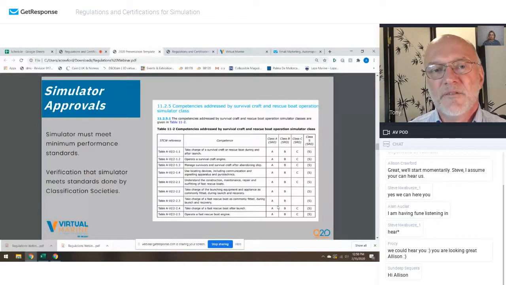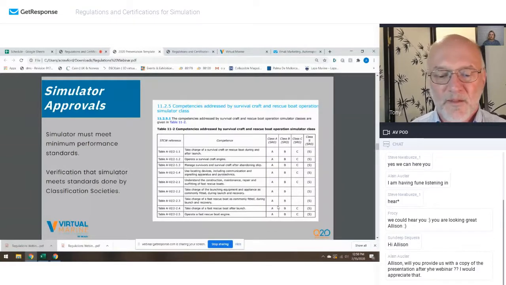So if you want to use a simulator, let's say for assessing competence during onboard drills, well, that's not one of the STCW competencies, but it's a valid application of the simulator. In that case, the manufacturer has to provide all the evidence that the simulator works in that context, and DNV-GL will provide them with a Class S designation.